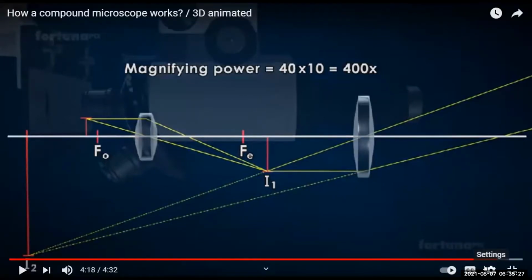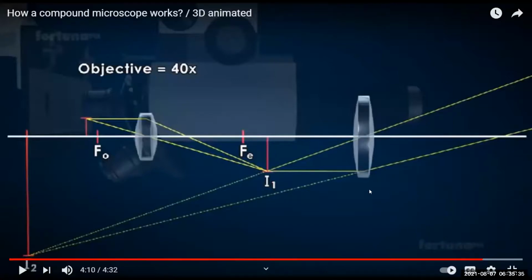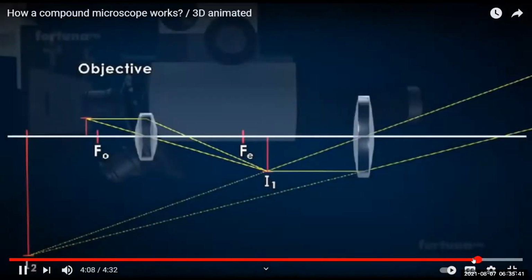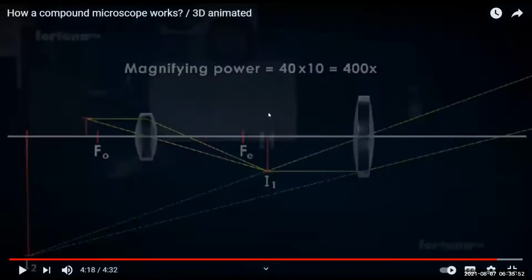Okay. If anybody is not getting it, I'm going to take it once again. The eyepiece is 10x, the objective has a magnification of 40x, and that of the eyepiece is 10x, then the magnifying power of the microscope is 400x. Okay, so like this, we have got information about the compound microscope. Now,